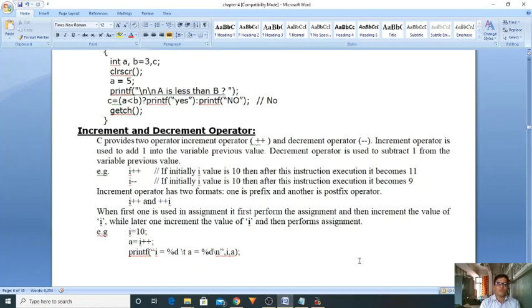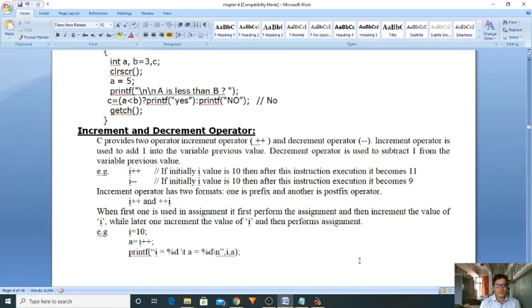Pre means first operation, first increment, next operation. Post increment means first the operation, next the increment. First you have to call, next you have to pay. Got it? So i plus plus indicates post increment, i minus minus indicates post decrement.